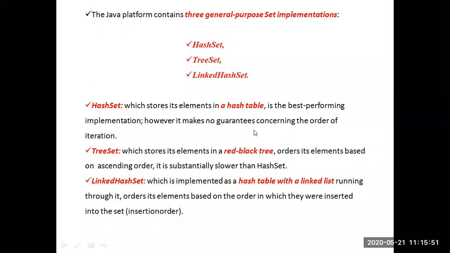Yes, exactly. Next, when we come to this red black tree, my question is whether it is a binary search tree or not. That means whether it saves the elements in order or not. Yes, it is a binary search tree. That means all the elements will be saved in the ascending order.